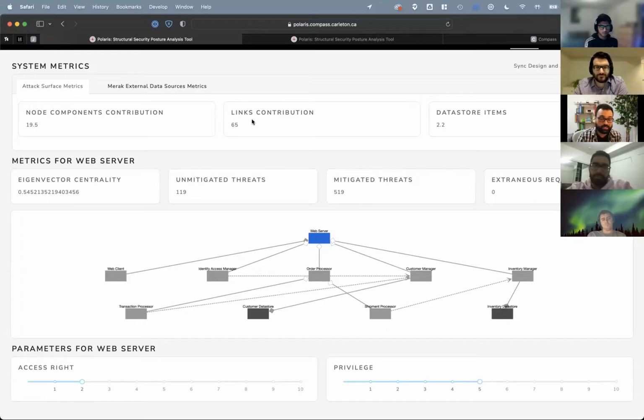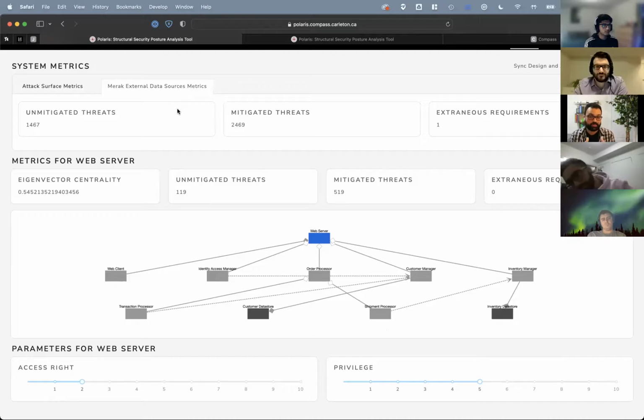We also integrated another tool that we developed, Merak, which basically looks at the external data sources and analyzes what latest threats affect the component that you've selected at that given moment. And it categorizes this in terms of what are unmitigated, what need to be mitigated, in which case we need to add more security controls, and what are extraneous, things that we don't have to necessarily pay attention to at this time because we don't see any threats affecting that particular component in that way.